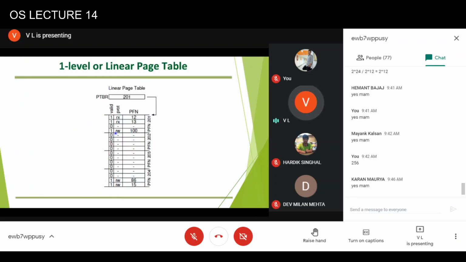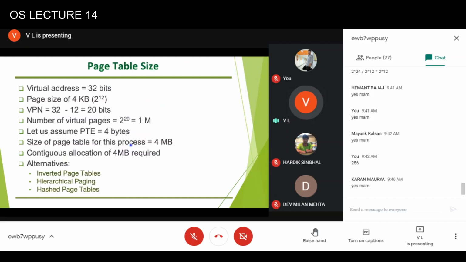So the page table that we have considered till now is a linear page table, in which page table base register keeps the address of the start of the page table, and here the page table is actually allocated. And this page table at least consists of valid bit. In some systems, older systems, it was valid bit and present bit. Then some protection bits, whether the page can be read only, whether the page can be written to, or whether you can execute an instruction, execute something which is stored on this page or not. And then the actual page frame number. So this is how the page table will be stored.